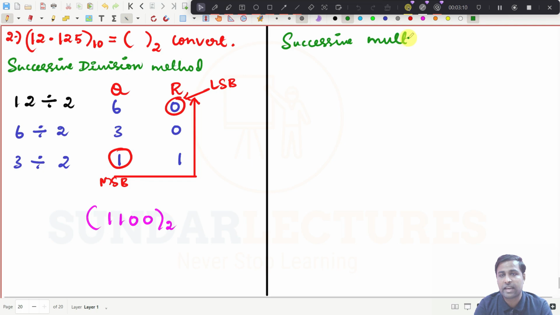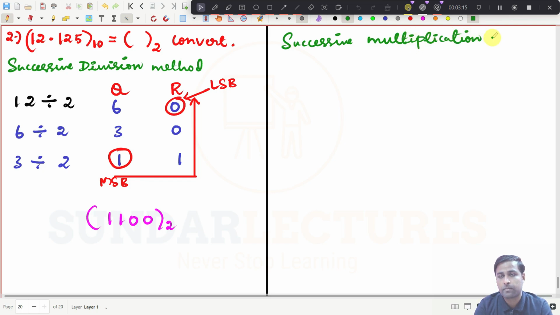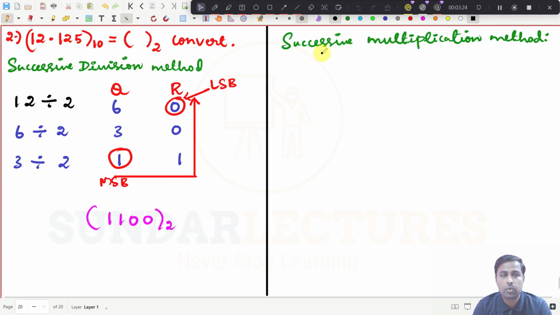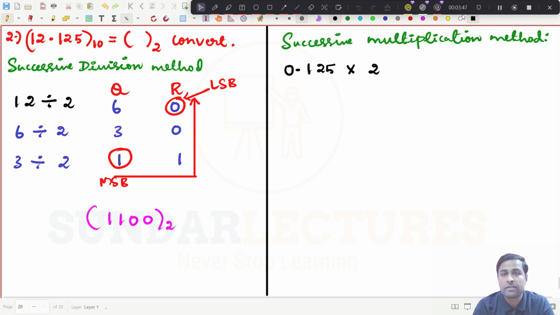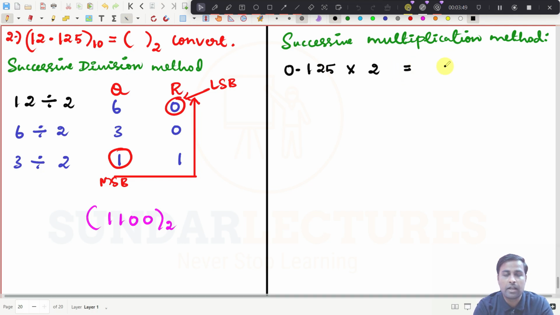successive multiplication. You have to be very careful here. In the successive multiplication method, you take only the fraction part. That means you have to take 0.125, only the fraction value. And in the successive multiplication method, you have to multiply this by 2. So if you multiply this by 2, I am getting